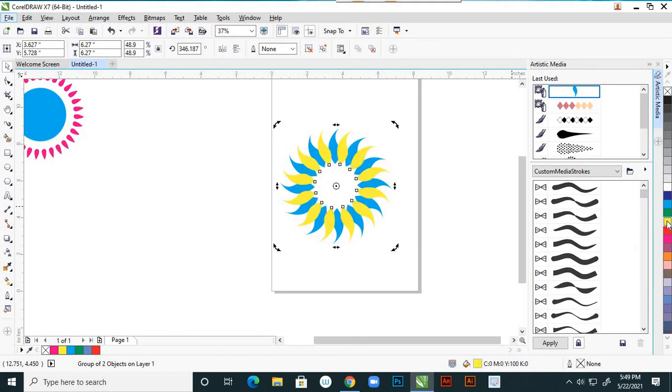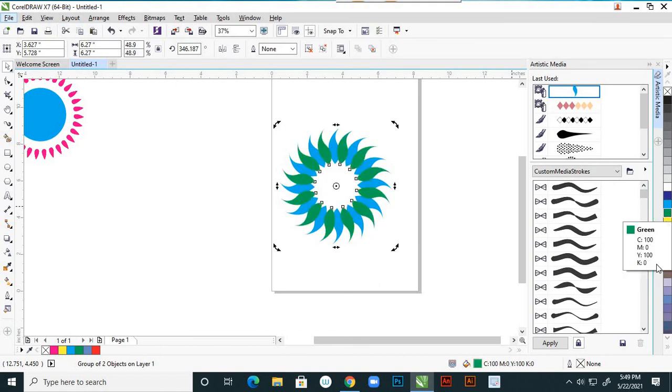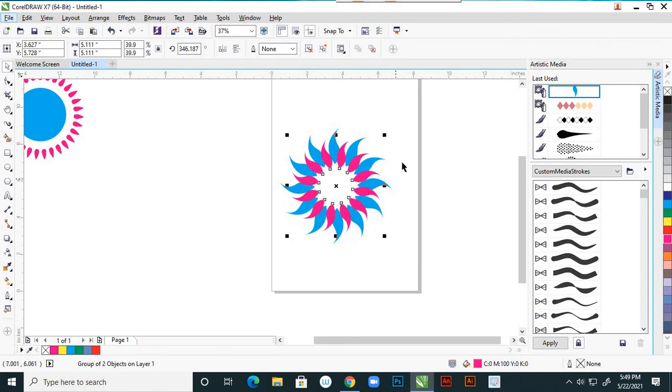Suppose I'm giving yellow, otherwise a red, a pink I'm giving, right? So use your Shift to reduce this size. Suppose this is right.